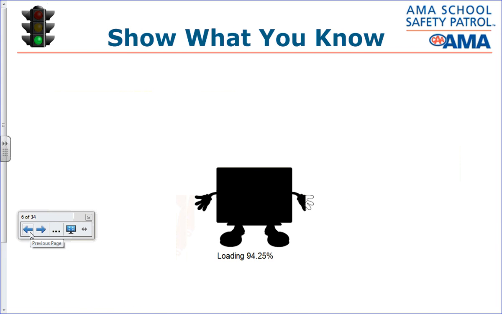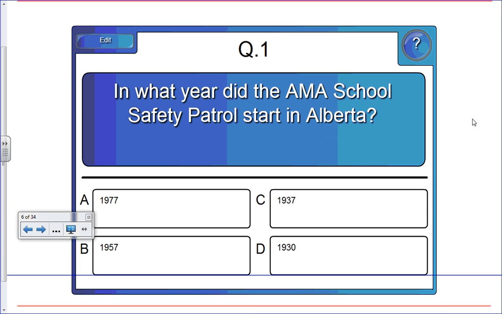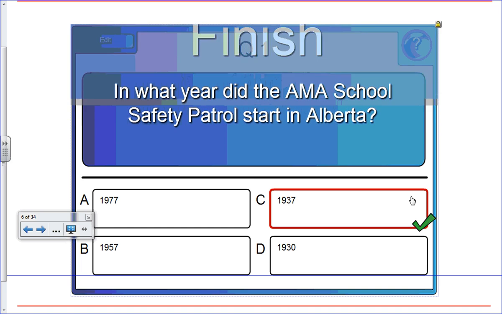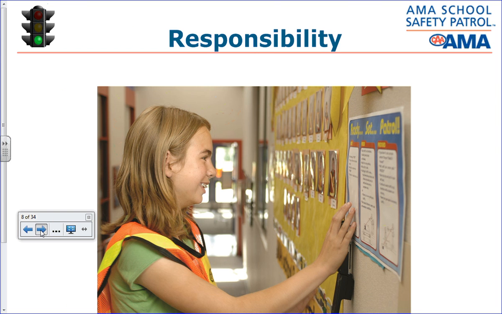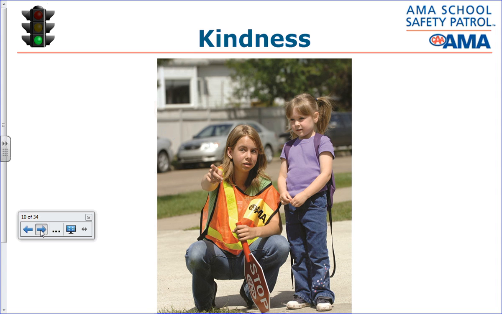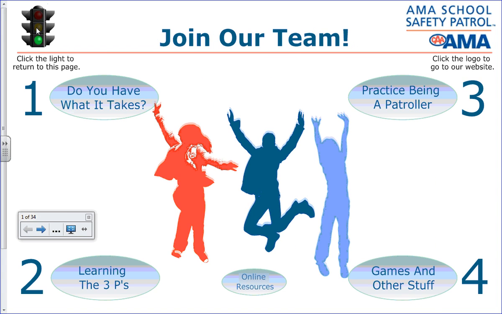But then you have elements like this, where there's actual simple Q&A that they can use that is actually interactive. So for this one, I believe it's 1937, and that one is correct. And this one's just a little bit big for the screen. But the idea is that as we go through this, the traffic light up here always takes us back